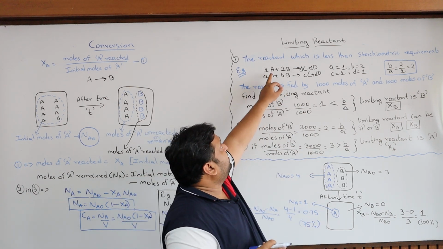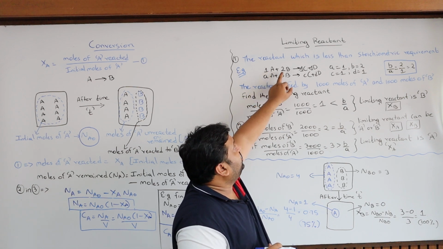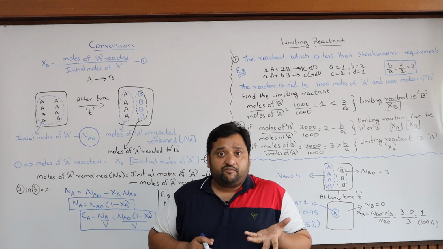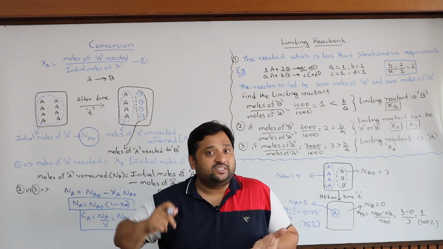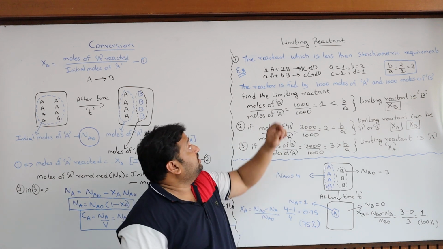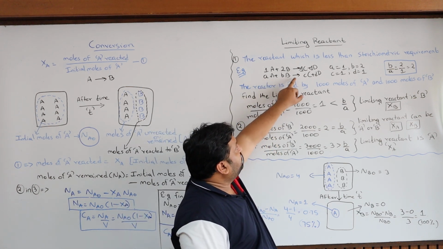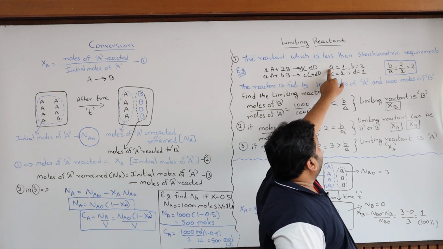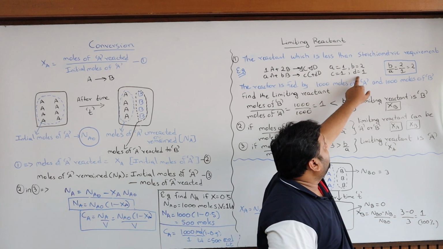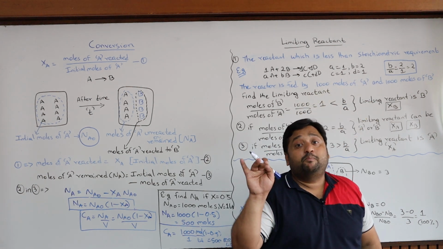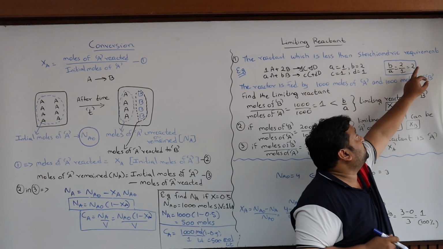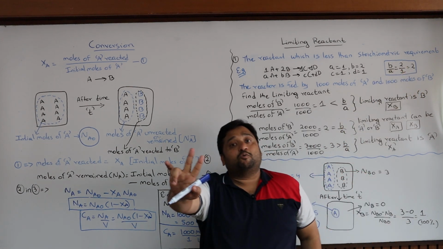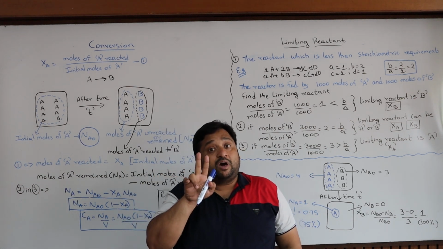That means for every 1 mole of A there is a requirement of 2 moles of B. That means for every 1 mole of A, double the amount of B is required. This is called the stoichiometric ratio. In aA plus bB gives rise to cC plus dD, a, b, c, d are the stoichiometric coefficients: a equals 1, b equals 2, c equals 1, d equals 1. If I take the ratio of b by a, that is 2 by 1, which is 2. That means for every 1 mole of A, 2 moles of B are required. If this requirement is not met,